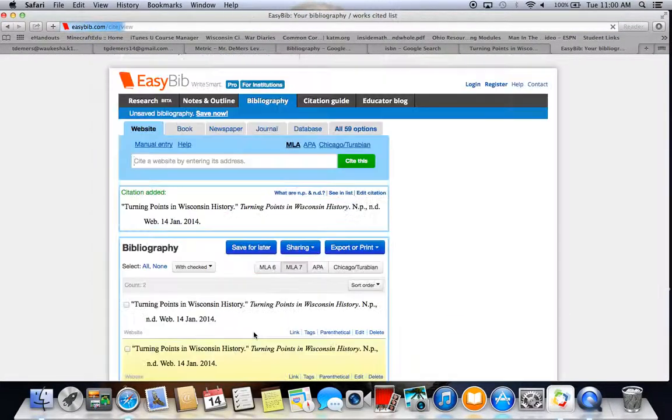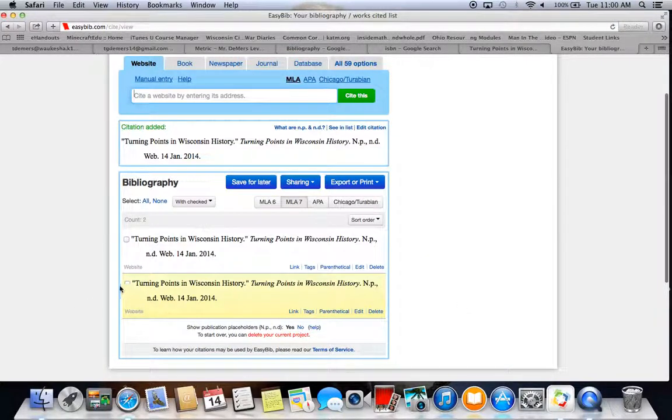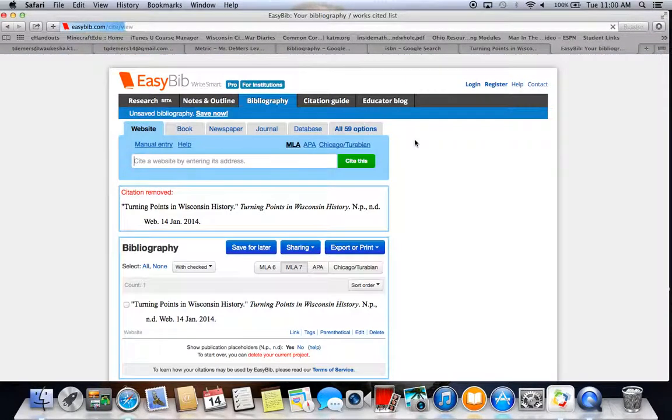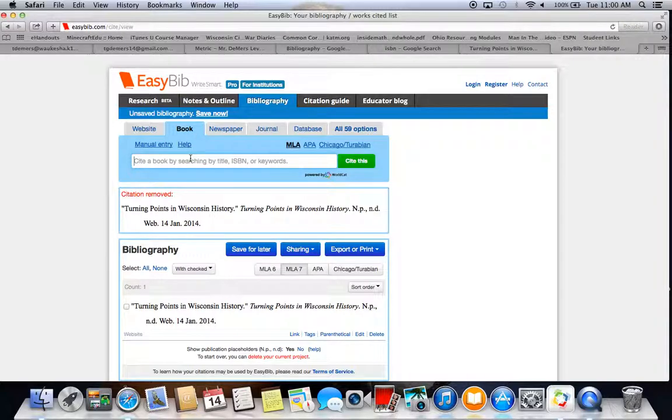I'm going to delete that really quickly so we only have one. The other thing I'm going to show you is how to do a book. So again, you're going to make sure it's on MLA format, and then you are going to click the Book tab. For this, the easiest way to do it is look at the back of your book,